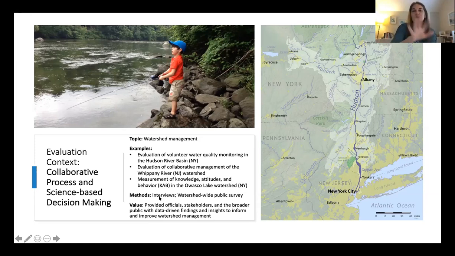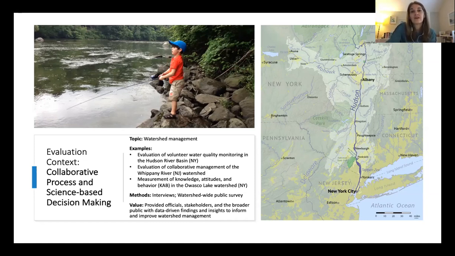So in each of these cases, I could go into the types of management decisions that these data and these studies helped inform. In one case, it was, should we invest further in water quality monitoring groups and work done by lay people. The other one was, how is this going at the state level, and what needs to be changed, what's going well. And in fact, the Whippany River ended up being a model study for what did work.